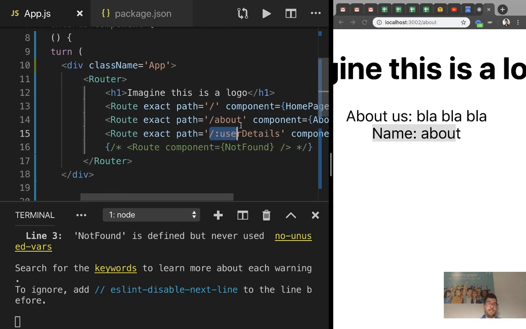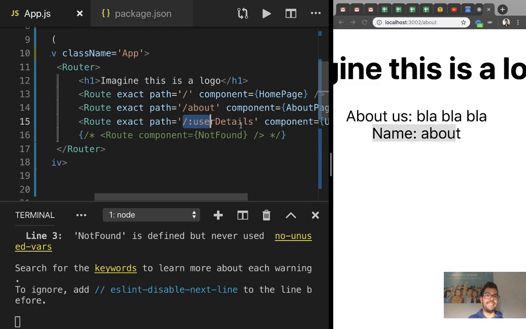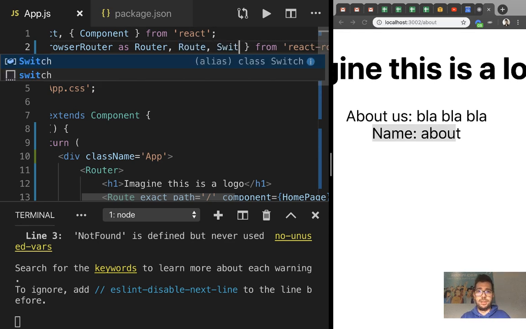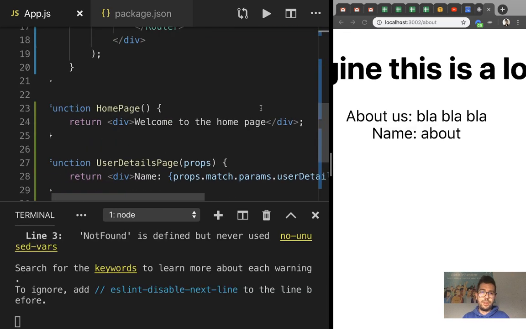So the way to solve it, or let me express the problem. The problem is, in reality, when you go to slash about, both routes are successful. The first one, of course, slash about matches slash about. But even the second one is also truthy, right? Slash about matches slash something. The way to fix it is we need to go one step beyond and tell React Router DOM, please, as soon as the first route is a match, give up. Ignore whatever comes next. And the way to do it is adding a new component called switch, as some of you mentioned already. So with switch,